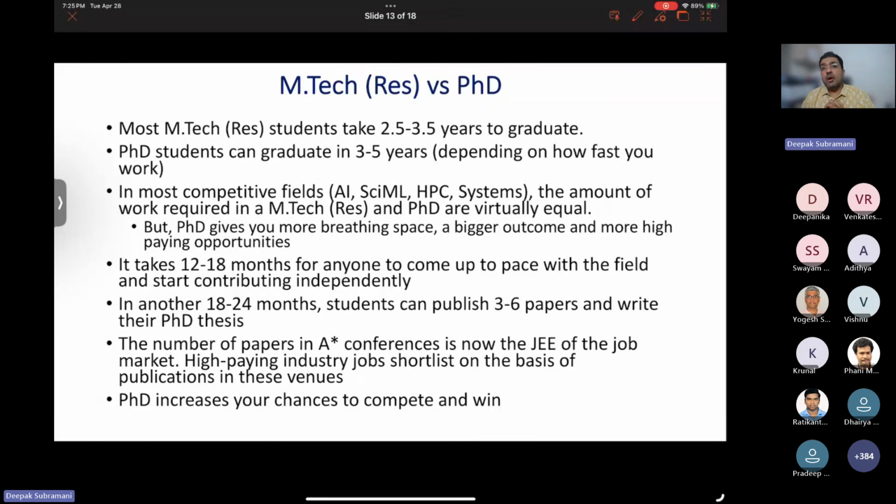Now the salaries of people who graduate with a PhD are incomparable with MTech. It's leagues apart. That is definitely there. Actually, we don't publicize those statistics because the numbers are insane. Most of our PhD students pay surcharge on income tax. If you Google what surcharge on income tax means, you will get an idea about the range of salaries we are talking about. But most of our MTech students don't pay surcharge on income tax. I'll leave it at that, without saying much more.